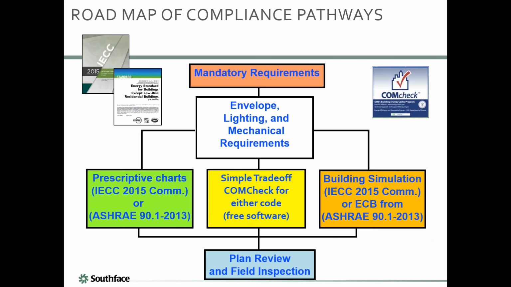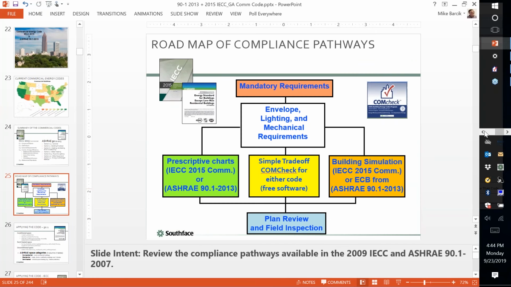Here's another good way to look at the code: certain things are always mandatory, they have to be done, and then on the envelope, for example, you can meet either the prescriptive code, or you can do a simple trade-off using ComCheck. ComCheck you will get from the